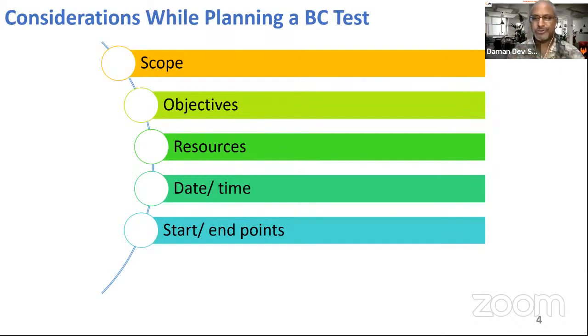They cannot fix all. Second is, we will start today, but we'll stop the moment we have got 1 million defects. Do you understand the difference? It may take 3 months to find 1 million. It may take 3 years to find 1 million, sorry. So these start and end points, along with date and time, start and end points for a BC test, very important. And then